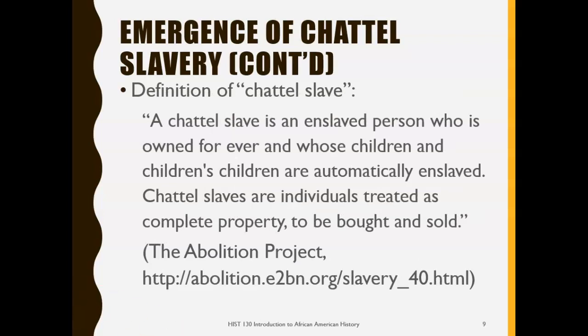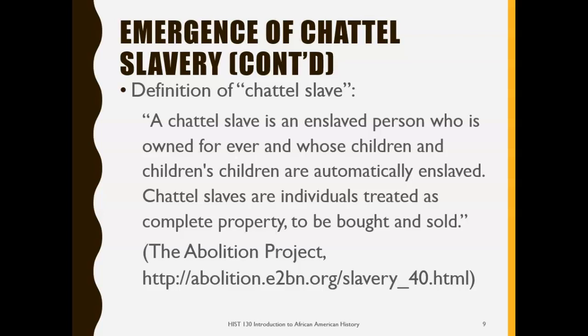So what is a chattel slave? According to the Abolition Project, a chattel slave is an enslaved person who is owned by another person. So, a person who's owned forever, and whose children and the children's children are automatically enslaved. In addition to that, chattel slaves are individuals treated as complete property, which means that they could be sold and